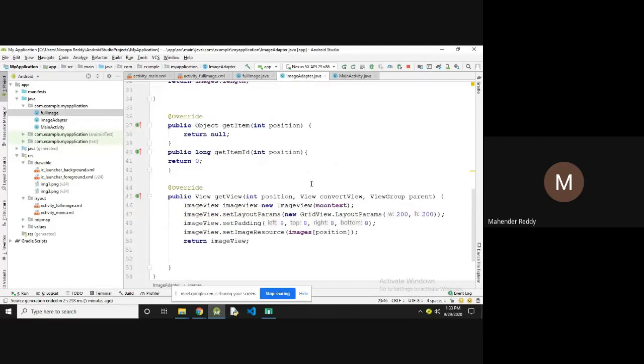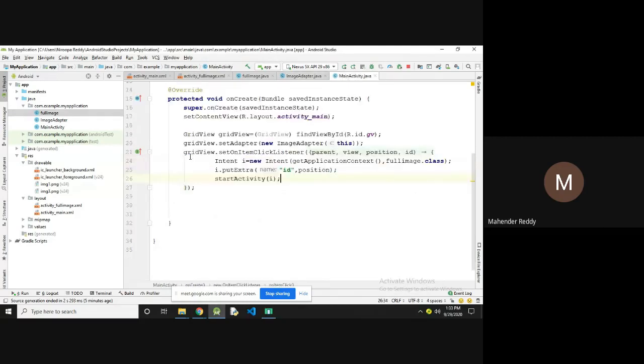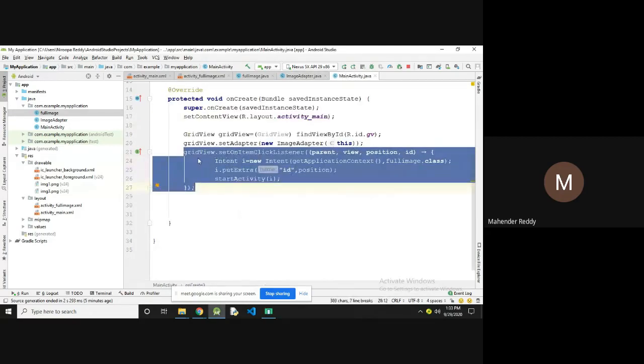So previously, up to here, I just displayed the images. After clicking any image, it will display in full screen mode. For that I wrote here the on click listener: gridView dot setOnItemClickListener, sorry. If you select this method, the parent will come automatically.